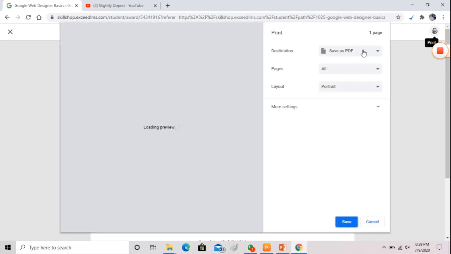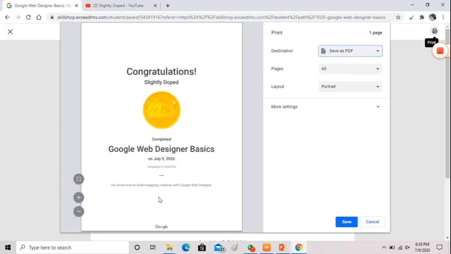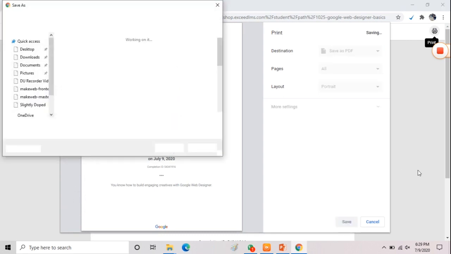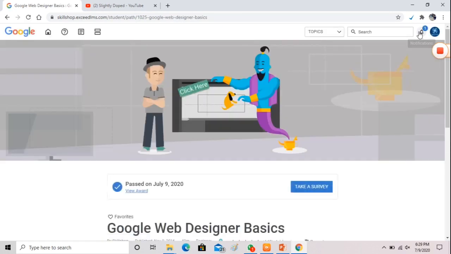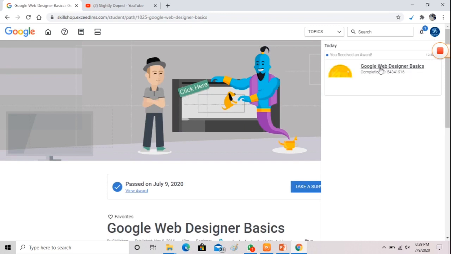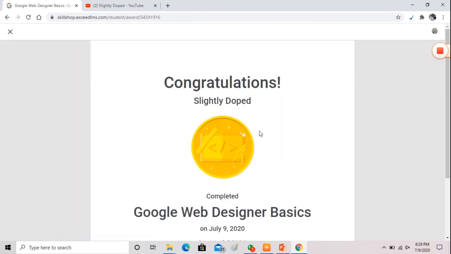It will look like this. The name will be highlighted at the top, and you can also download this certificate. You can see a print option above, and click on save as PDF. Then click on save, and you can download this certificate and also print it as a hard copy. Okay, so you are done with this. You can attempt the assessment as many times as you want and take your certificate. Now click on the close button.